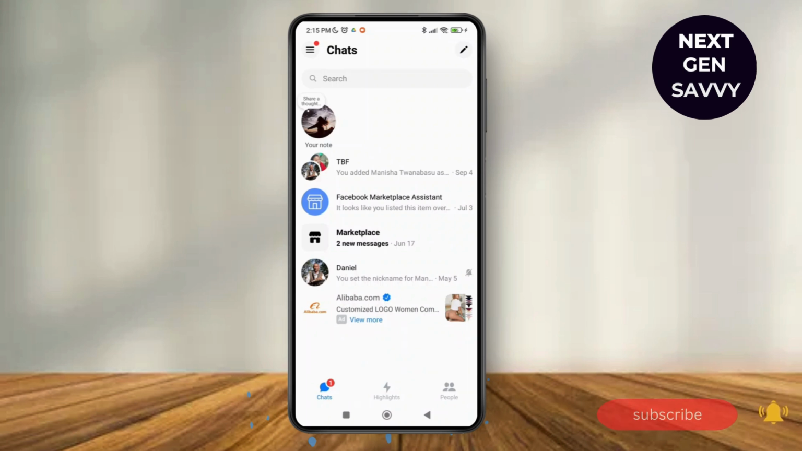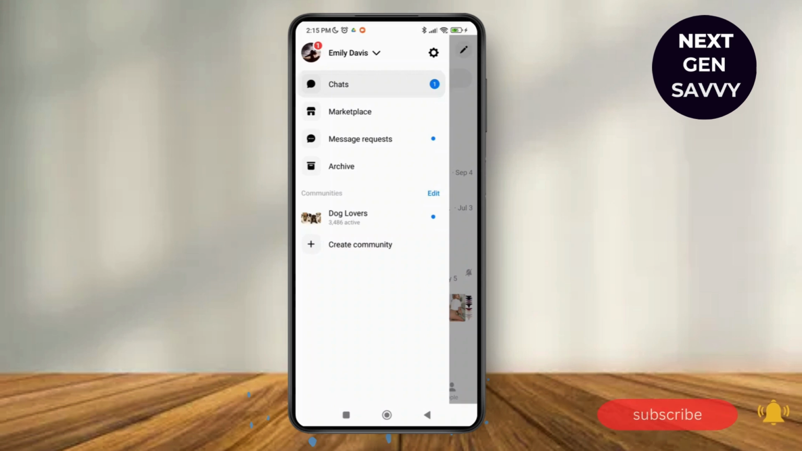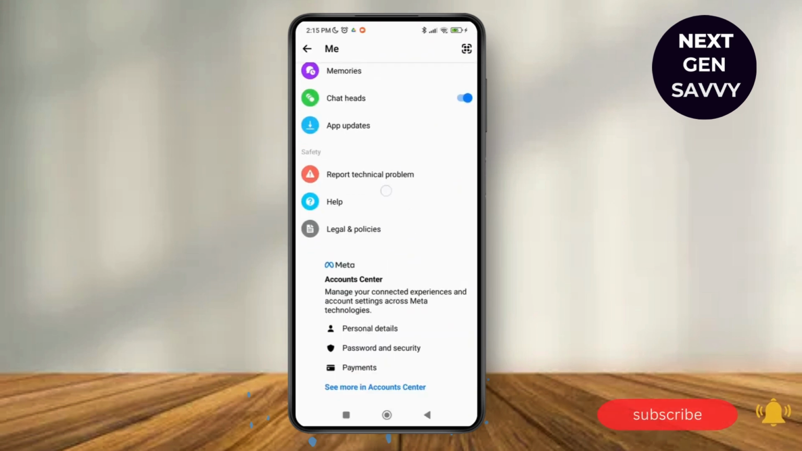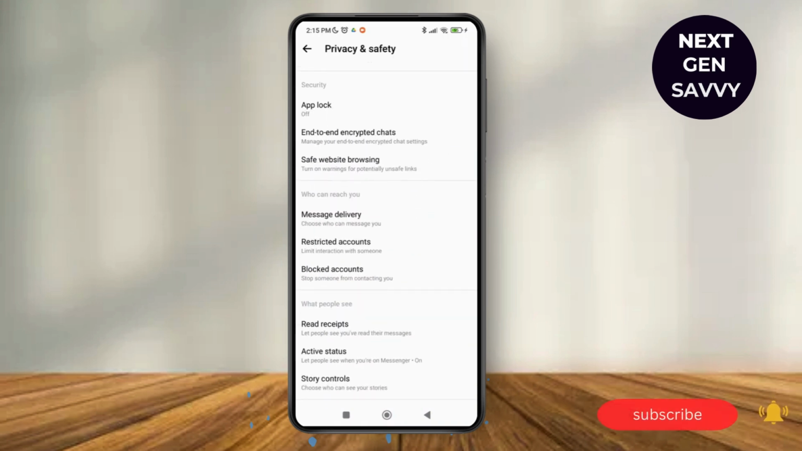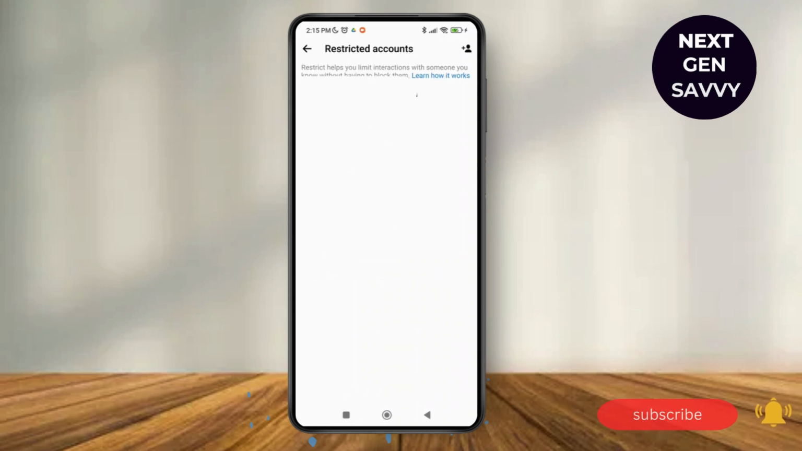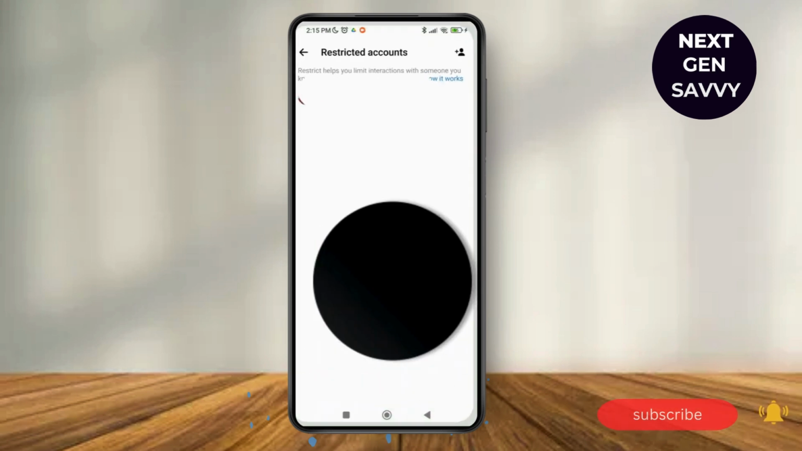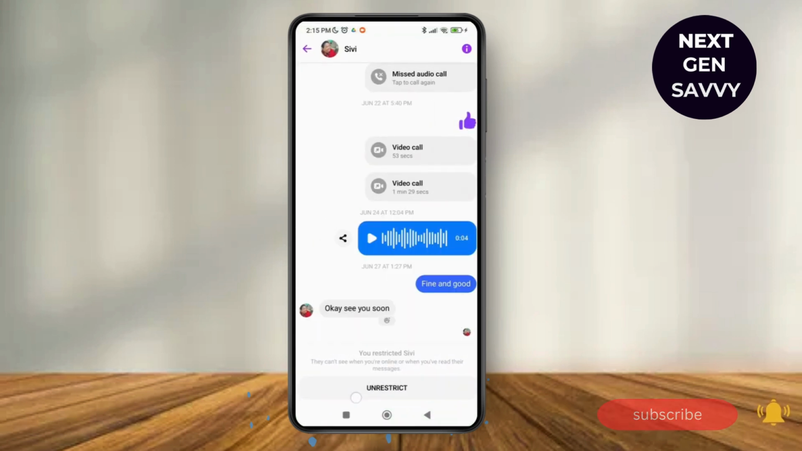So what we're going to do is, in order to unrestrict this person, you can just go to the three lines and then tap on the settings icon and then scroll down and then tap on privacy and safety. After that, scroll down and tap on the restricted accounts over here, and as you tap on that, you'll be able to see the restricted account. So tap on that profile again and then tap on continue, and then you'll be given this option of unrestrict. So just tap on unrestrict